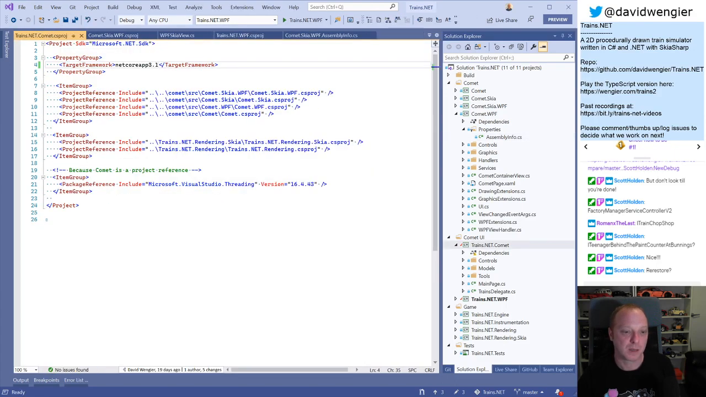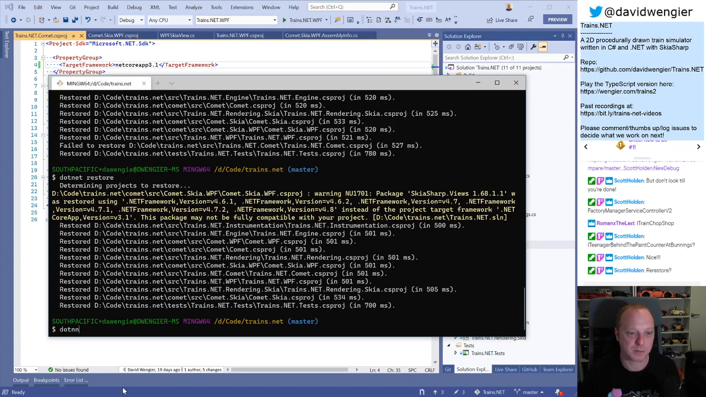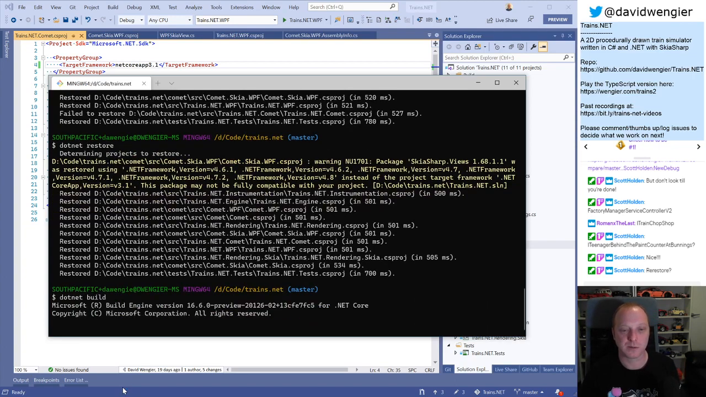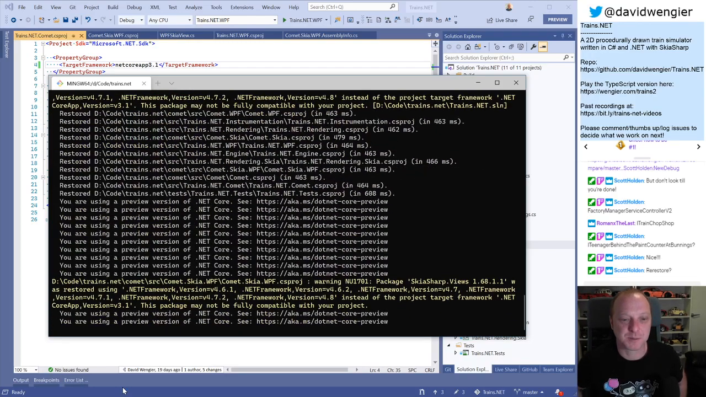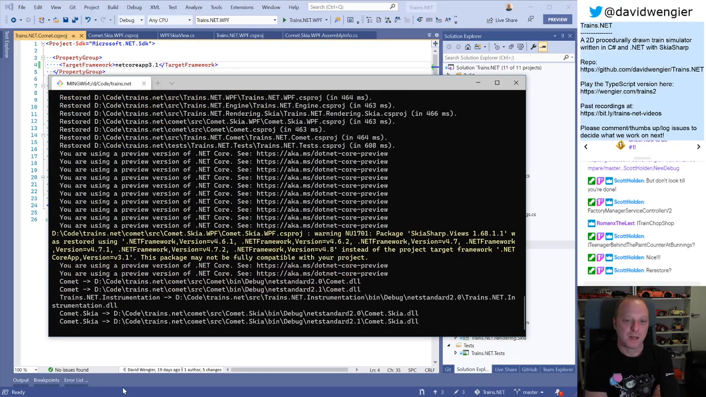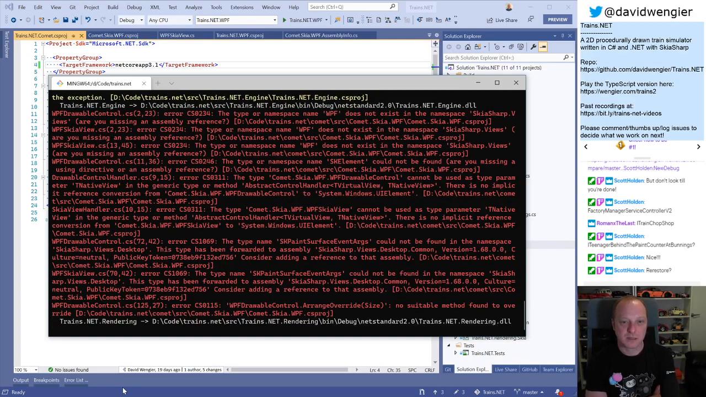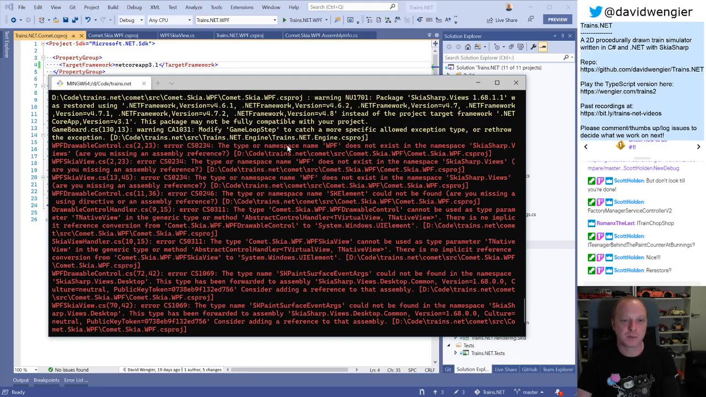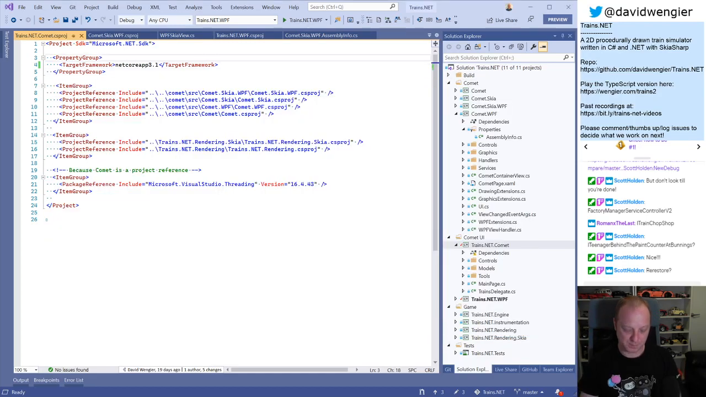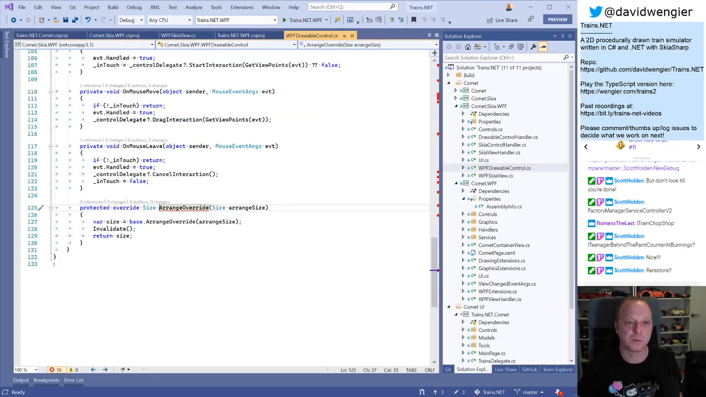Good. All right, let's do a command line build. You can always just restart VS. Always works. Well, sometimes. Delete the .vs folder. Hopefully the Skia stuff works. Ouch. Type or namespace WF does not exist in the namespace SkiaSharp.Views. Okay. So